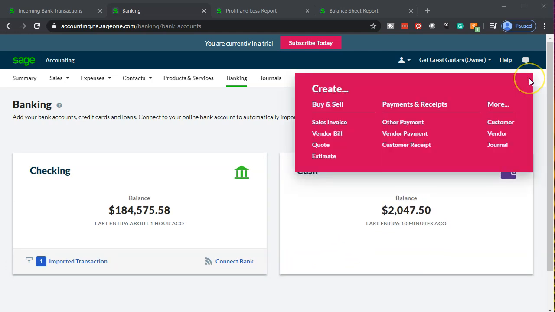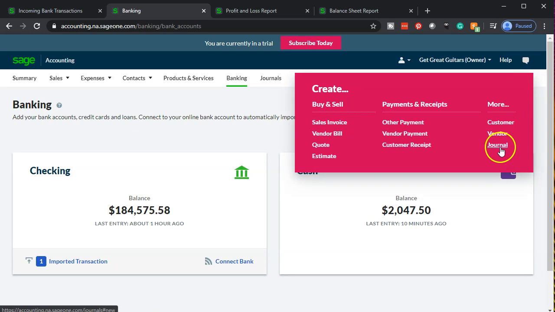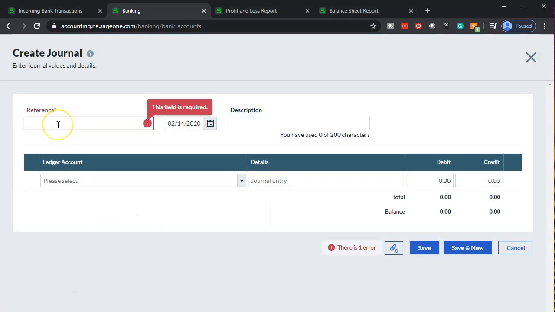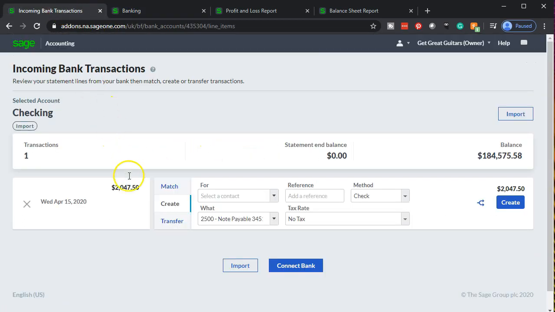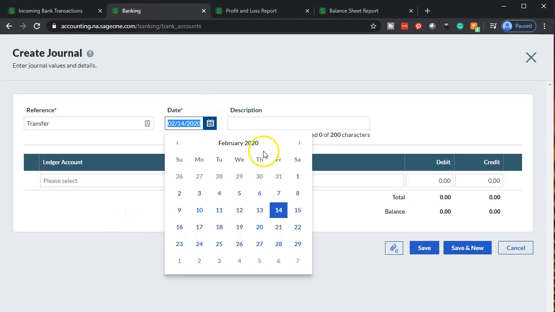So I'm going to go to the plus button up top, and I'm going to create a journal. I'm going to call it a transfer. The date that it cleared the bank was the 15th. Let's put it in on the 14th and say it took a day to clear the bank into the bank feed. So I'm going to put it in there as of April